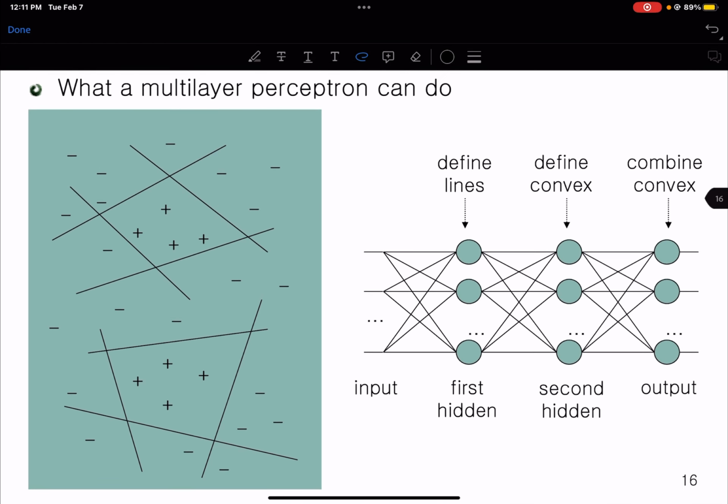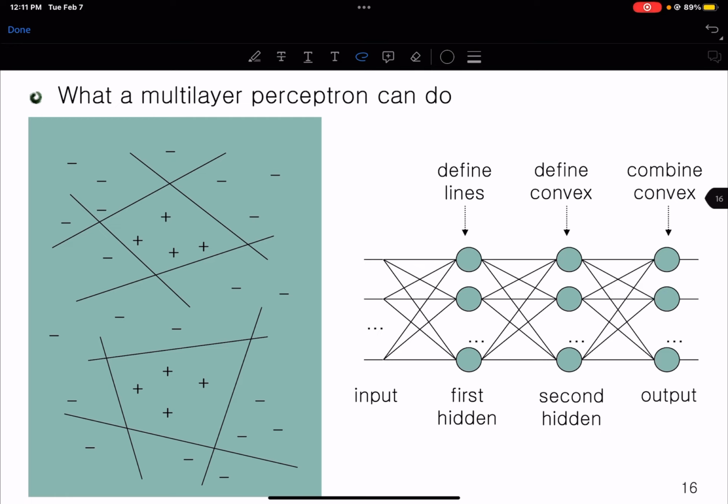For example, in this case, we have a problem which cannot be simply solved by defining a linear boundary, and it cannot be simply solved by a single perceptron. So we have to first define these lines. Okay, so first define the lines in the first layer. Then we have to define how we are going to combine or define the convex lines. Because the region is not separated by a simple multilayer perceptron,